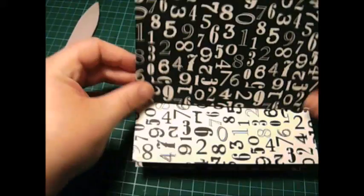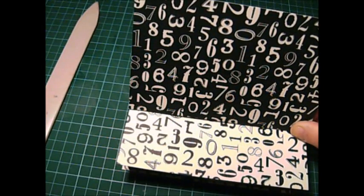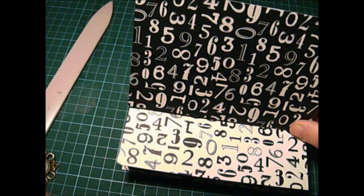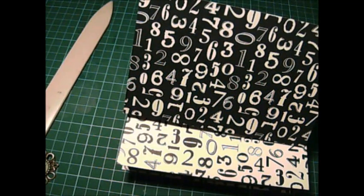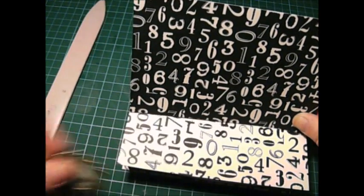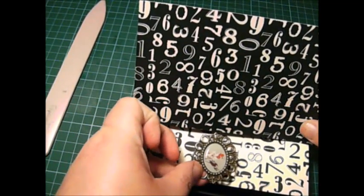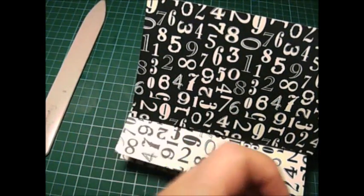And then what you would need then would be to pop something there with a bit of dimension to, let's see what I've got to hand. Just pop one of these on, just to give you an idea. Something, you know, just to hold that easel up. Something like that might be nice, but you'd have to put it on some dimensional tape, foam tape or something, to give it a bit of a...